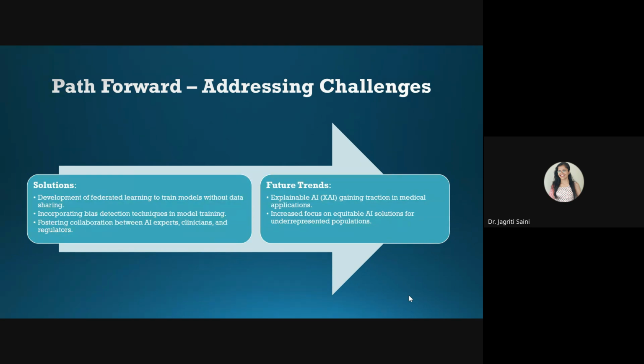And as I told you, explainable AI is one of the widely accepted solutions for this, that we can utilize for building more focused applications, and it can also foster collaboration between AI experts, clinicians, and regulators, because explainable AI gives proper reasons for everything, how the predictions are being made, what kind of suggestions it can make. So everything we can do with the help of this new branch of AI with time.